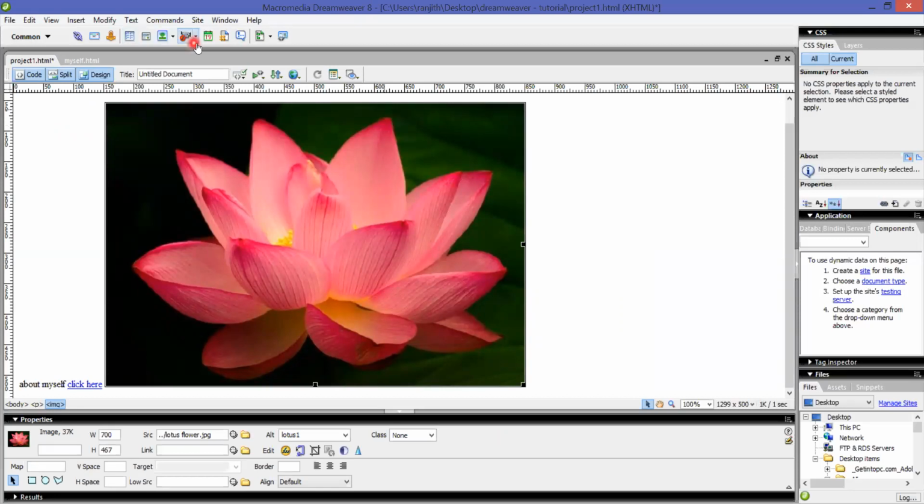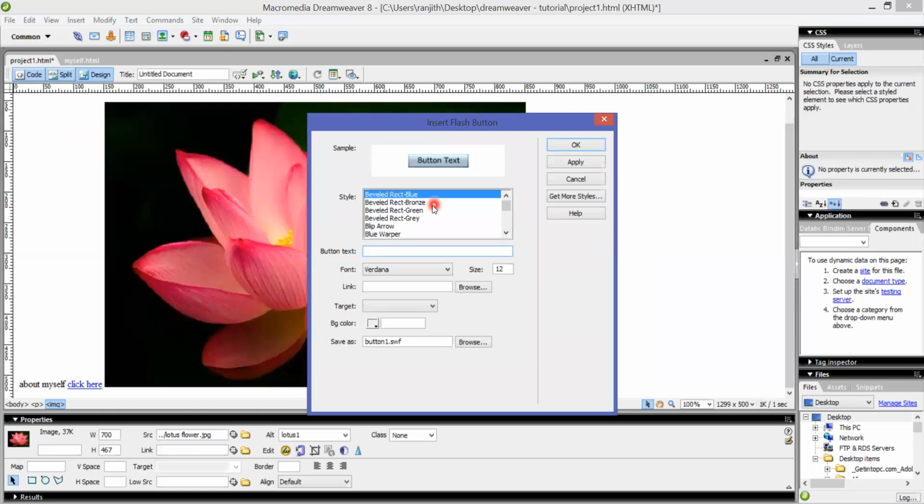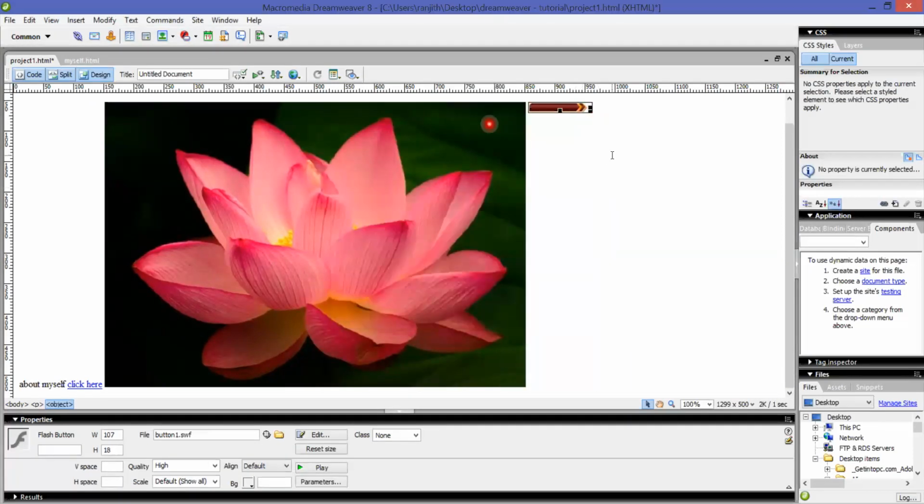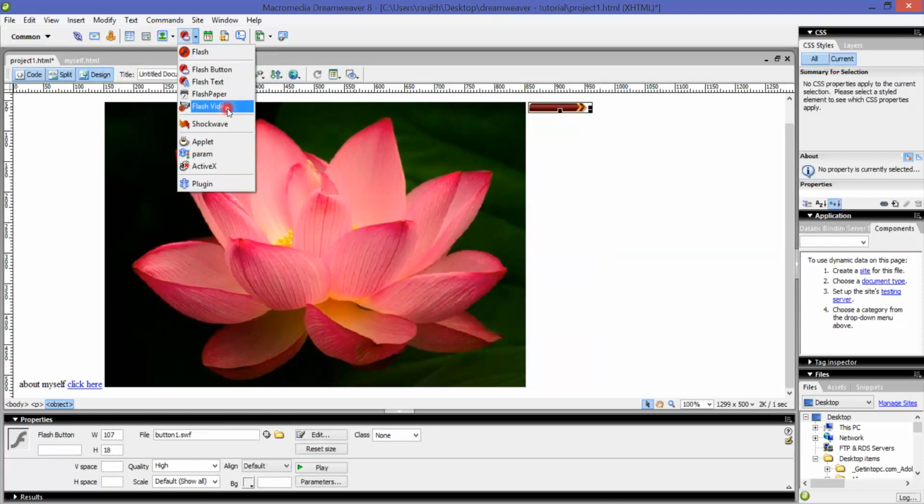Likewise, you can also insert a flash button. Let me teach you how to insert a flash button. You can see there are so many options of flash buttons given here. Any one you can choose and then insert it inside. You can see the flash button which has been inserted here. Then flash video can be inserted. You can use an FLV file to insert, and audio files can also be inserted. For this you have to use a plugin. All these things we'll see in the next session. Thank you so much.